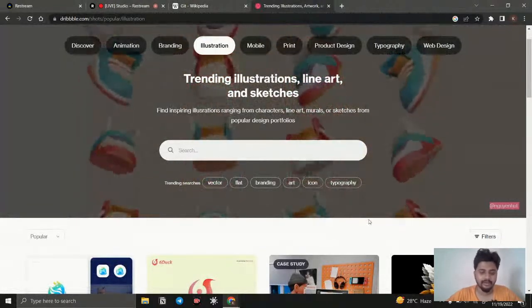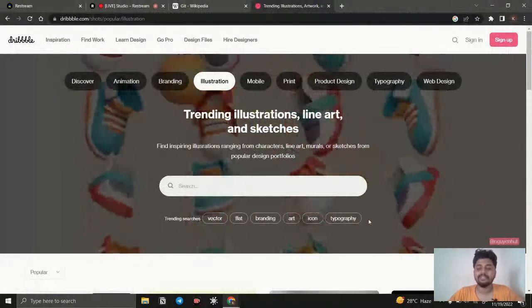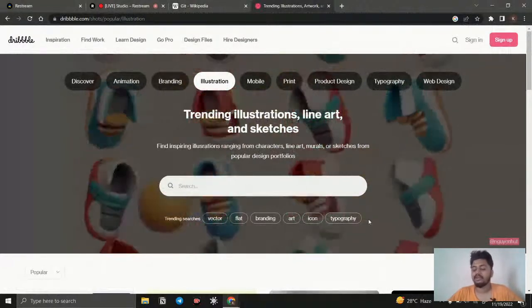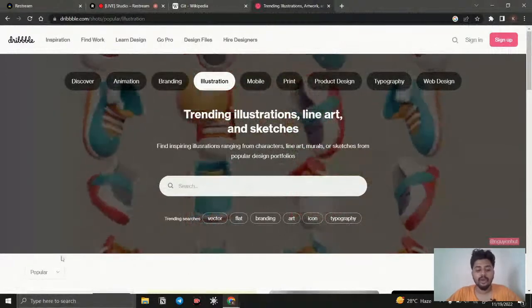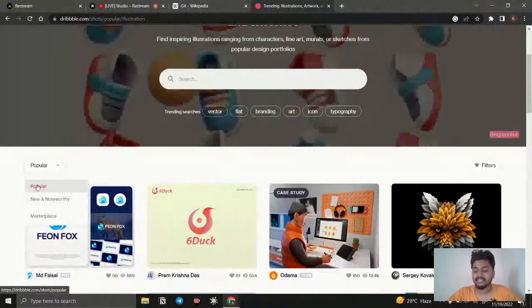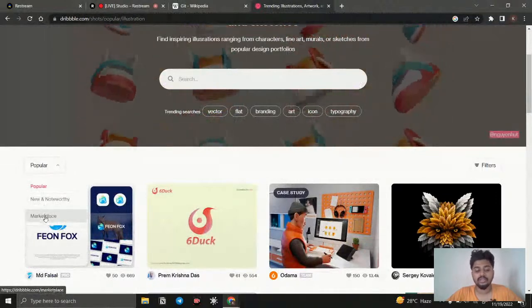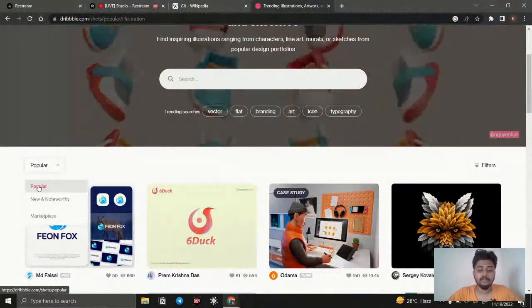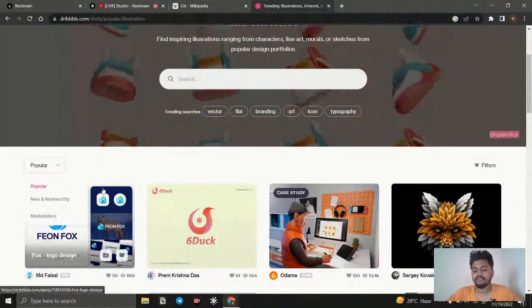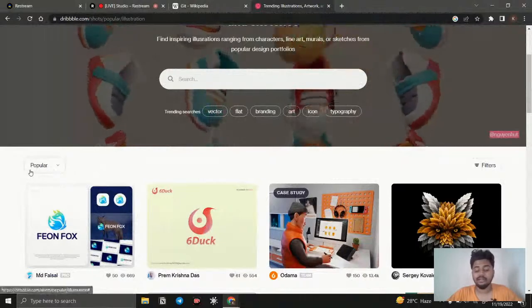We are in the era of speed, and JavaScript speaks with the browser, and when some interaction has happened, it will make the change. For example, if someone clicks this button, you need to provide a drop down. You just provide a div, and inside the div you give h1 tags: one is popular, another is new and noteworthy, and another is marketplace, right? The background color is going to be white, and the border radius should be 30 pixels, and you need to produce that. If someone clicks this again, then you don't want to show it, it will disappear, right? You need to make it disappear.